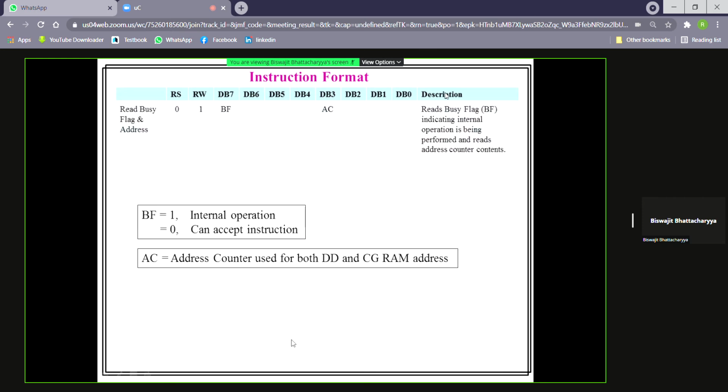Now there are other things. RW equal to 1 means the microcontroller is reading something, a read operation. This is not a very common thing, so better I skip it. It reads the internal busy flag of the LCD, meaning the LCD is not yet ready. Normally we give some time to the LCD so that it can make itself ready and the busy flag does not remain busy at all. So we don't want to read anything from the LCD controller. In most applications, the RW pin is permanently grounded.